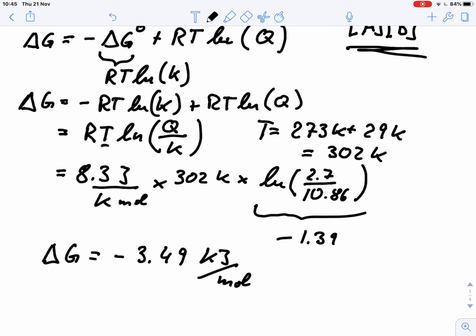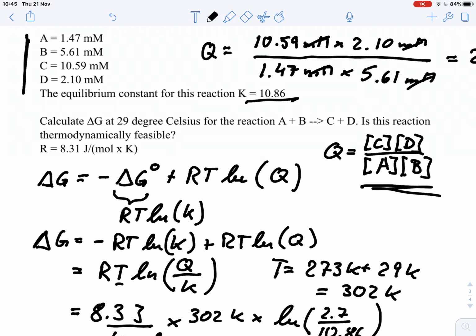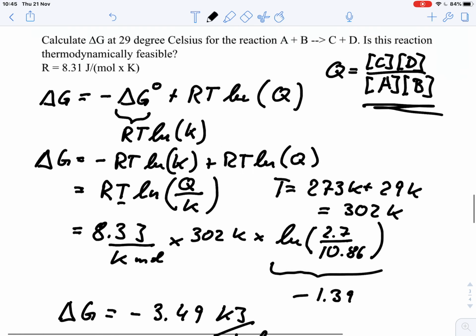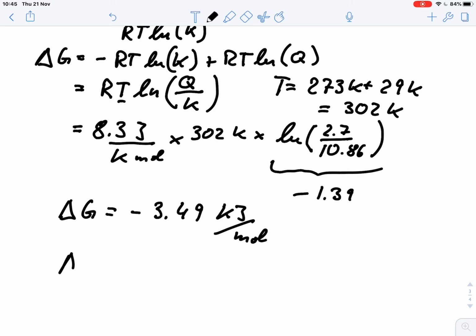kilojoule per mole. So that means that under these conditions, where we have these concentrations for our reactants and products, the reaction is not in equilibrium, it is feasible, and it goes from A plus B to C plus D. The reaction still is moving from A plus B in this direction. So the reaction is feasible, and it is moving towards the products. So I hope this